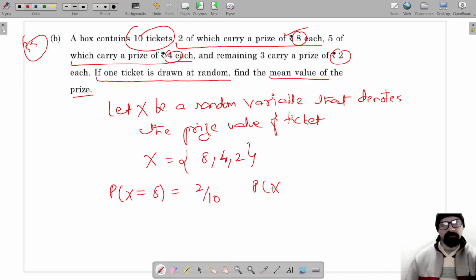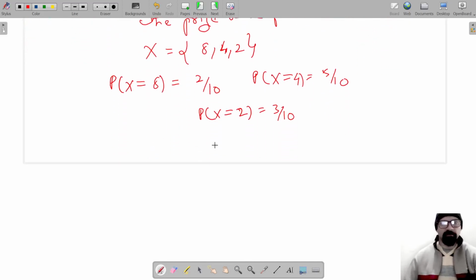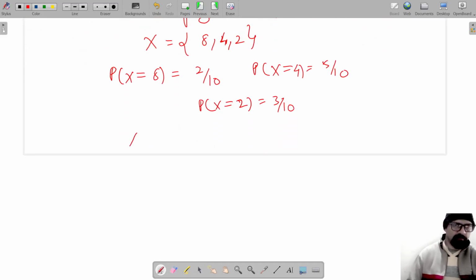लिख सकते हो, I just keep it as it is. और probability of X is equal to 4, 4 रुपए का price जो है वो है 5 tickets पे, तो ये बन जाएगा 5/10। और क्या probability होगी जब X 2 होएगा, यानी कि price value 2 होएगी, तो price value 2 के लिए आपके पास है 3, तो ये है 3/10। अब इसका बनाएंगे हम random probability distribution table, जिसमें एक row में लेंगे X, X की values हैं